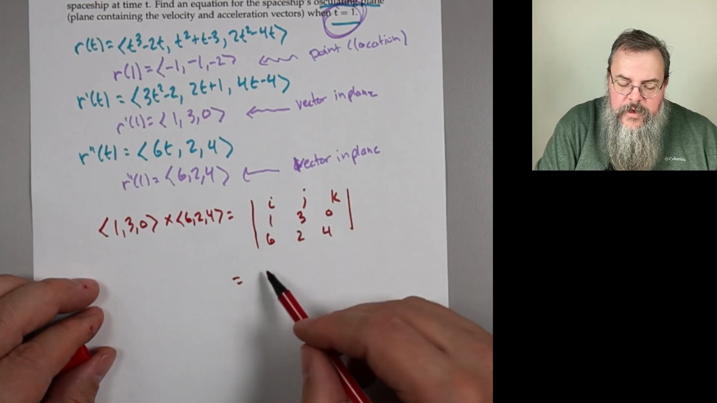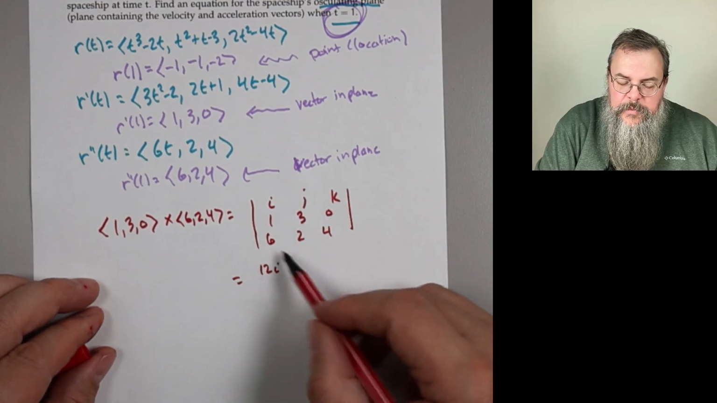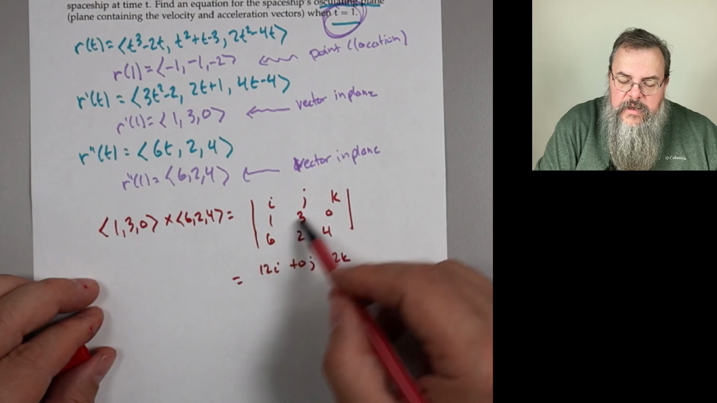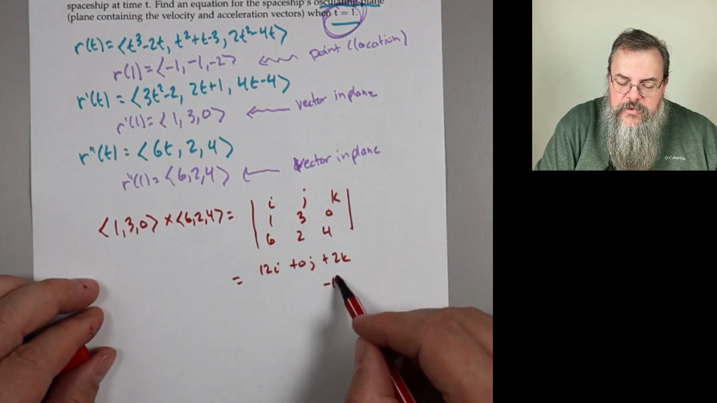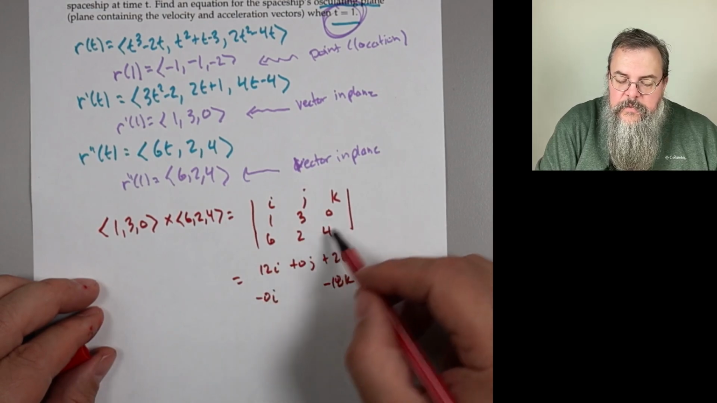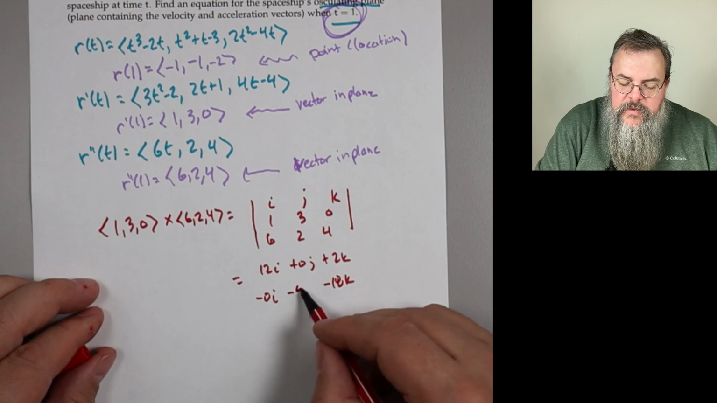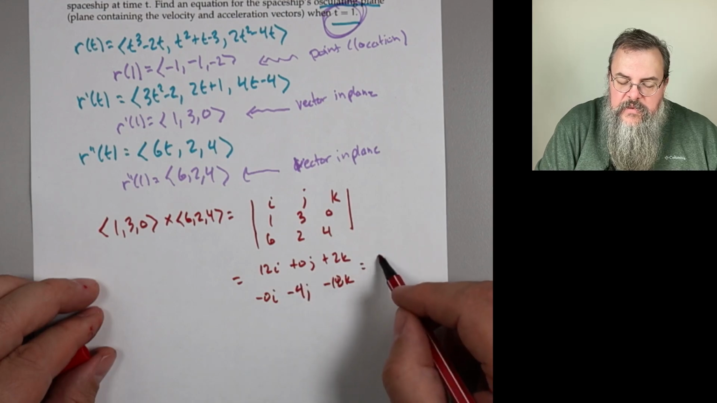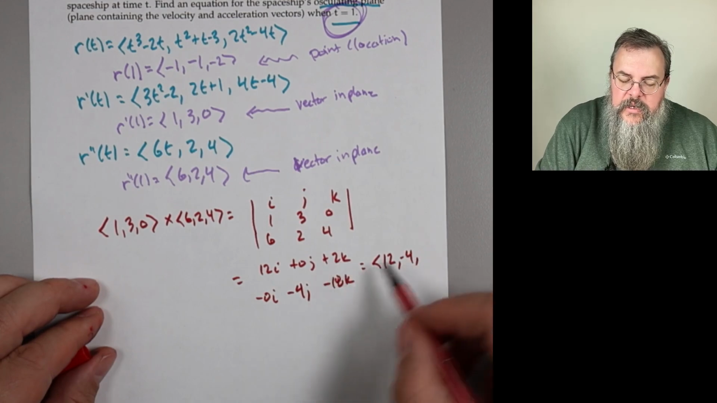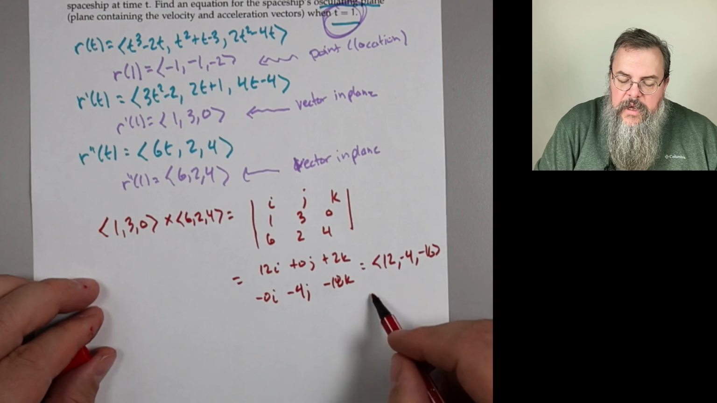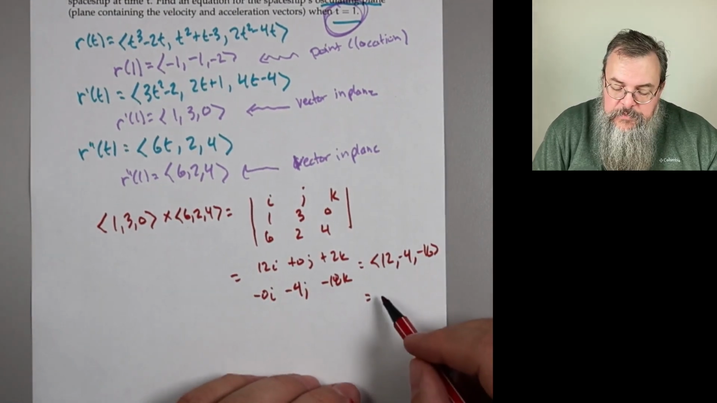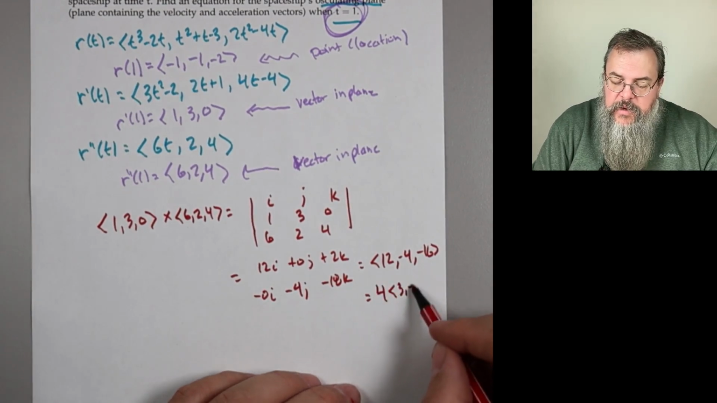i times 3 times 4, 12i. j times 0 times 6, 0j. k times 1 times 2, 2k. 6 times 3 times k, 18k, but we're going to subtract it. 2 times 0 times i, 0i, but we're going to subtract it. 4 times 1 times j, 4j, but we're going to subtract it. So that gives us 12 minus 4, and here minus 16. And I'm going to go ahead and pull out a 4, because everything's a multiple of 4. 4 times 3 minus 1,